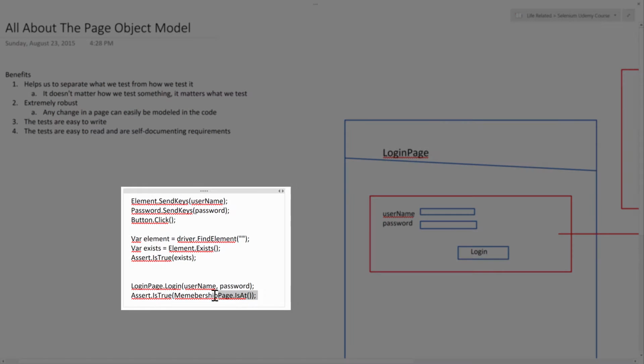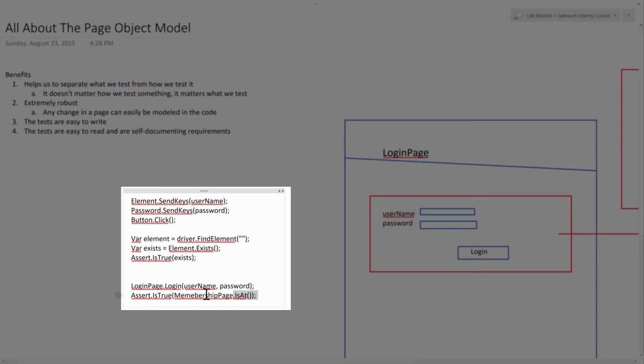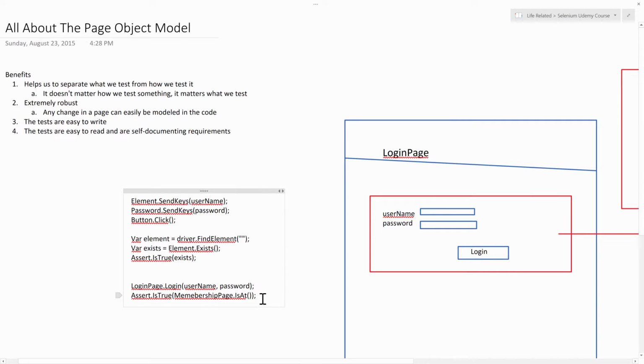So because this is a logical representation of the page through the tests, it actually becomes a self-documenting requirement. Your test actually tells you what the requirement should be, right? That a user that logs in with a valid username should be at the membership page. Or if we do